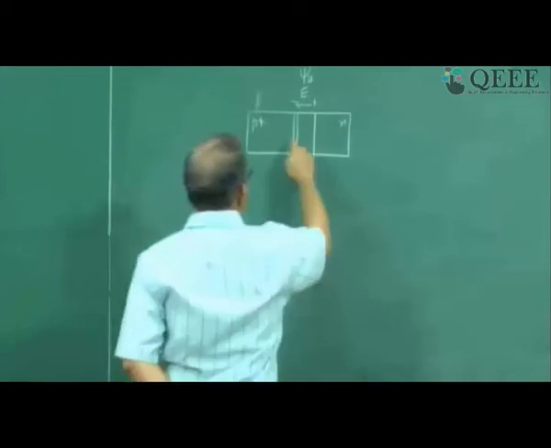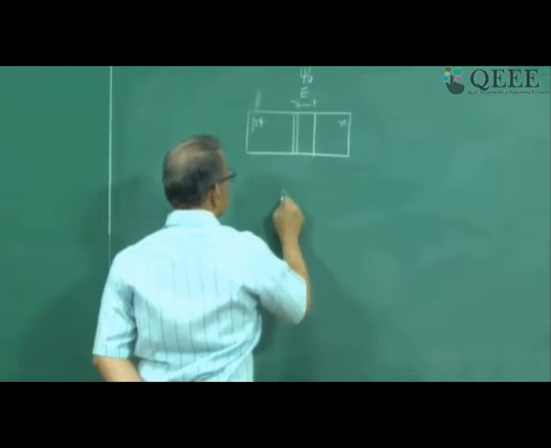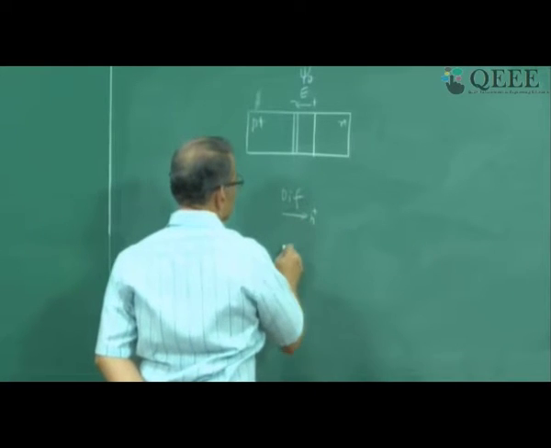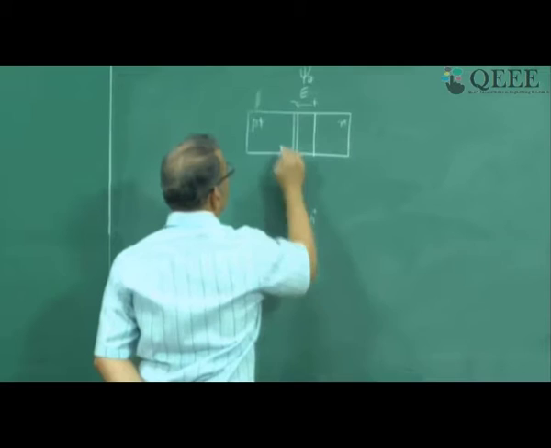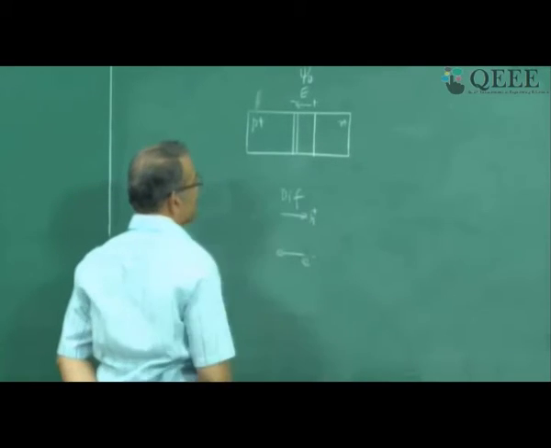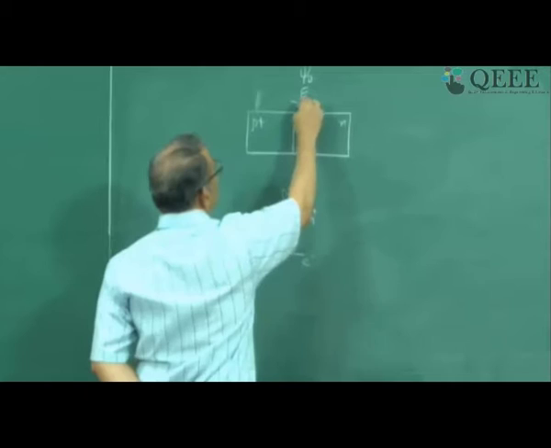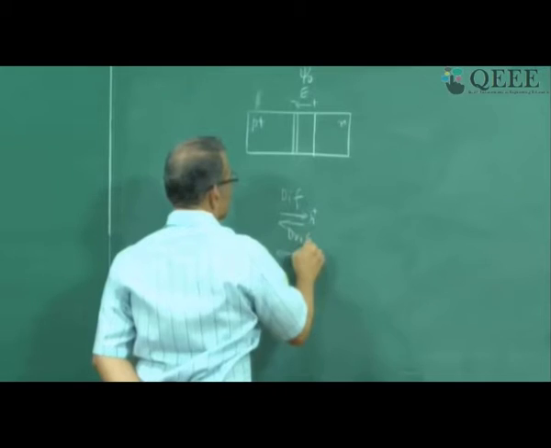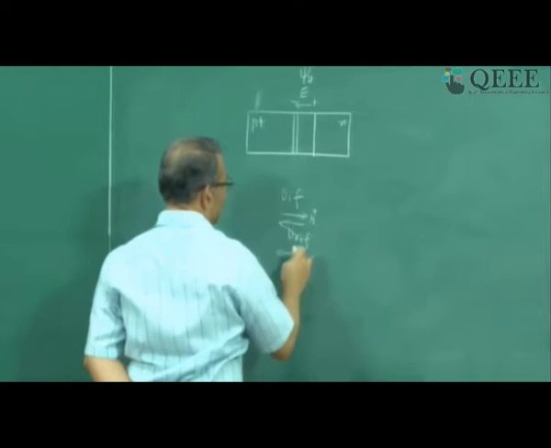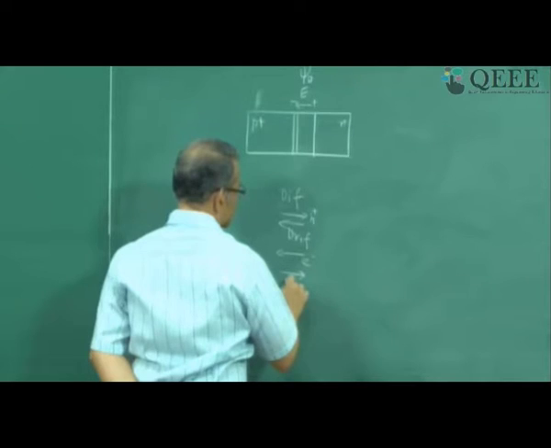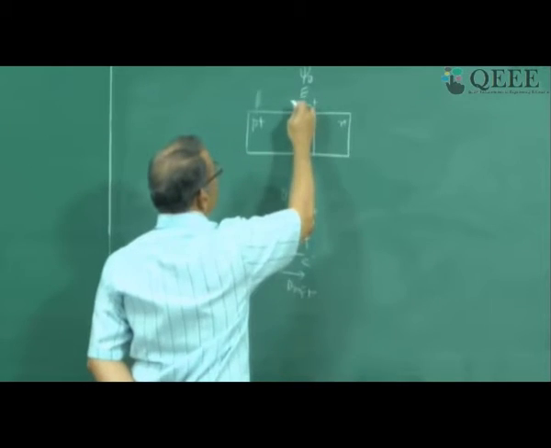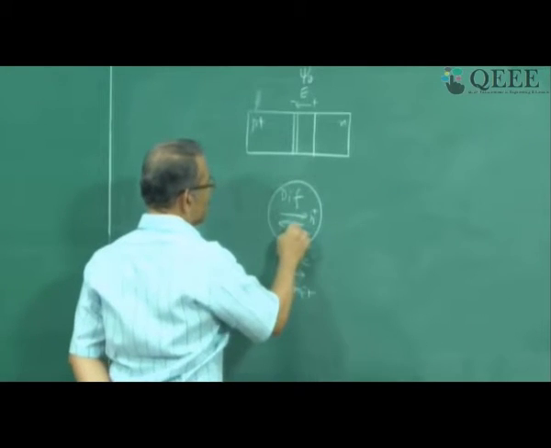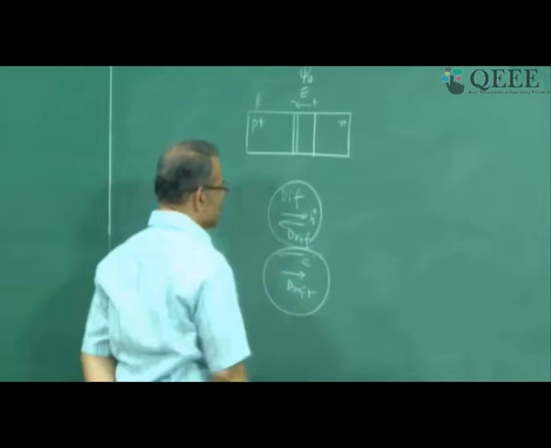So you can see that tendency for diffusion of holes is, let me write here, diffusion, hole is like this, and electron like this, because hole from P to N, electron from N to P, diffusion. Now drift is because of the field. So hole drift is like this, because positive to negative, and electron drift is like this, because it is opposite to the direction of the electric field. So equilibrium is achieved when both these are equal and they cancel each other. Similarly both these are equal, okay.